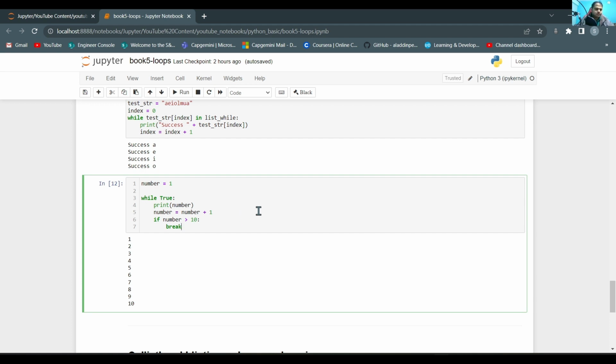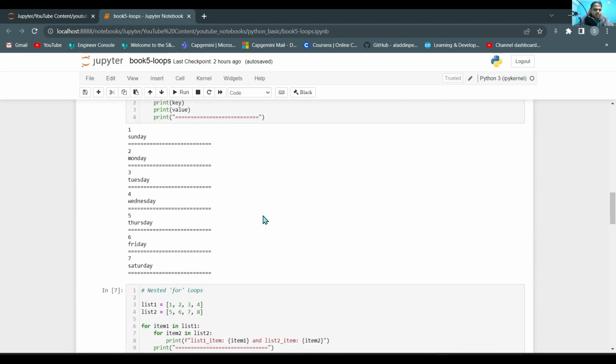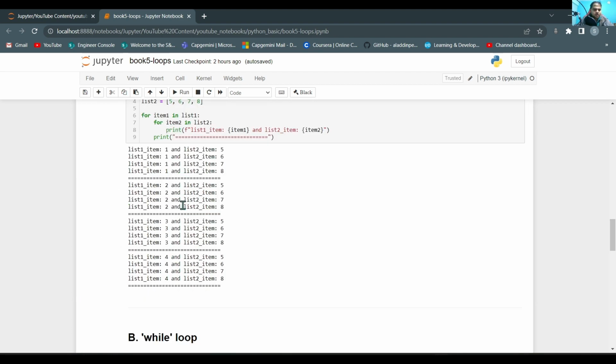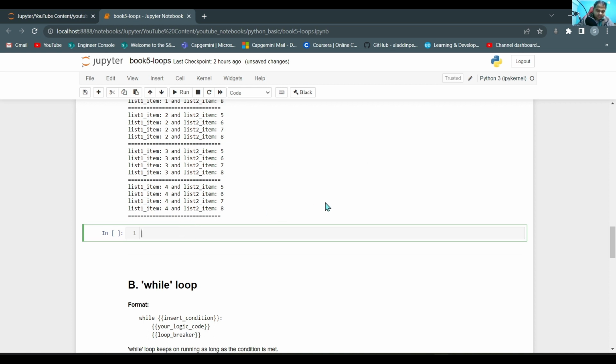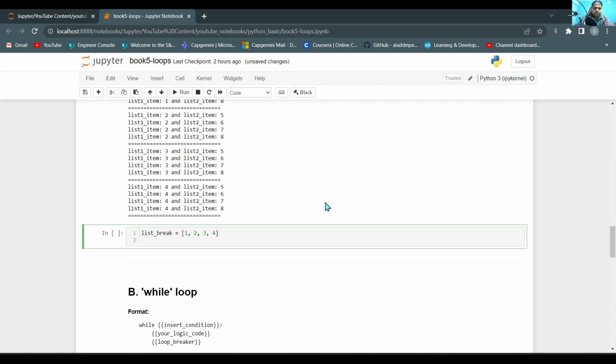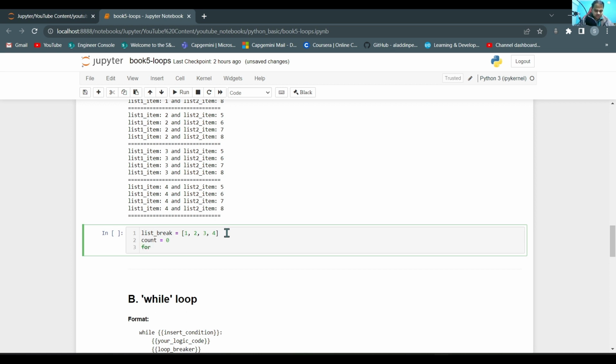It breaks out of the loop unless the use case requires the code to be running inside the particular while loop perpetually. One more thing that I forgot to mention was that inside the for loop, you can use the break operation as well. So let's say you have this list, let us give it 1, 2, 3, 4, and if you want to break after just 2 iterations, you can do that. But you have to give, let's say, count equal to 0, and for item in list,